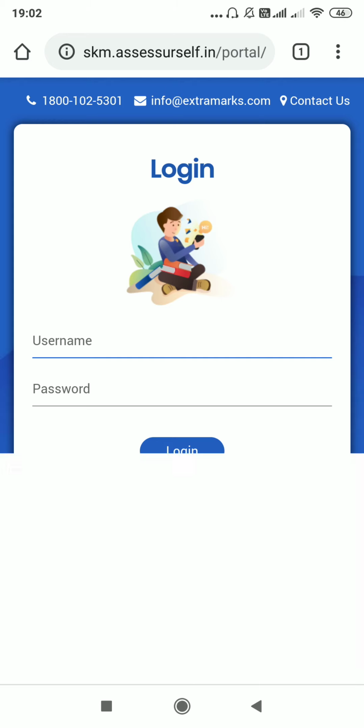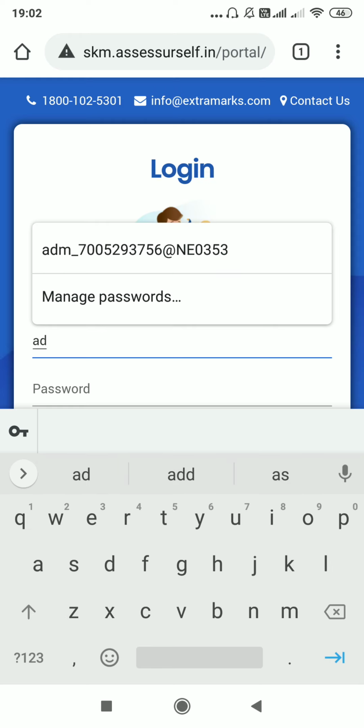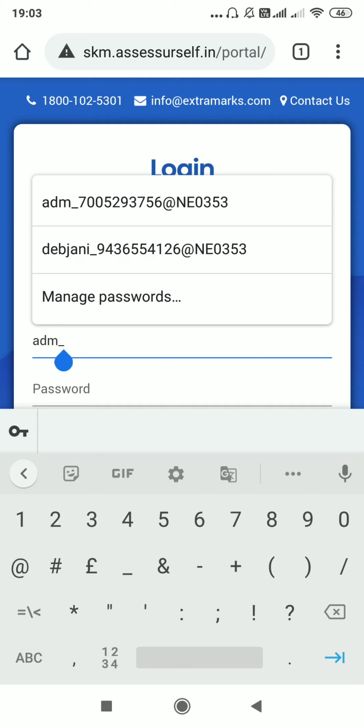The unique ID is ADM, A small, D small, M small. Okay, ADM underscore. Now can you see, this is an underscore button. This is how the underscore looks like. It is not a dash, please don't get confused. This is underscore. So ADM underscore your registered mobile number, whatever mobile number you have provided to the school,